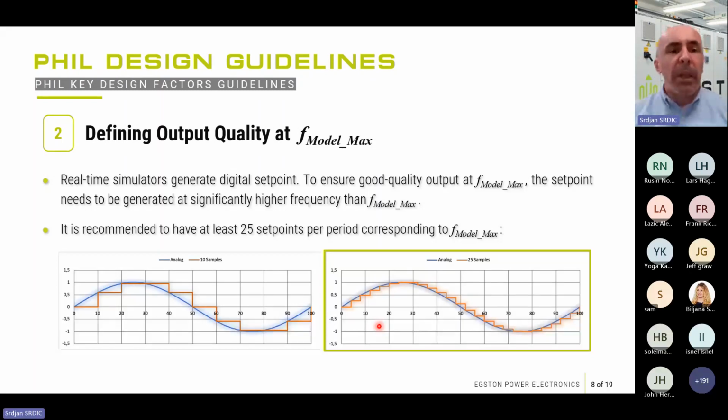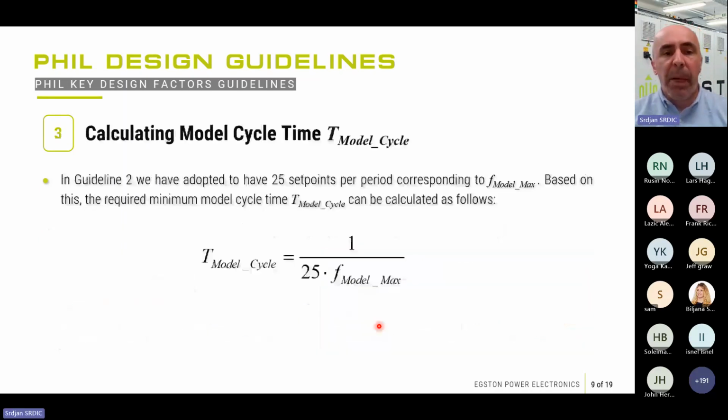So once we have defined the output quality at F model max, then we need to determine the model cycle time. That is done in a very simple way by taking into account that we want to have at least 25 set points that correspond to the F model max. And in that case, this would be the equation that you can use, and this can give you the calculated